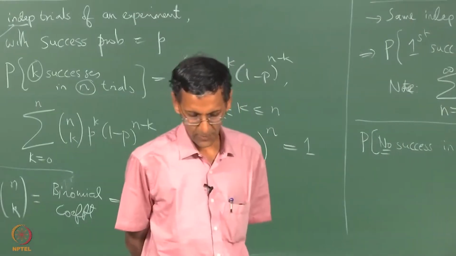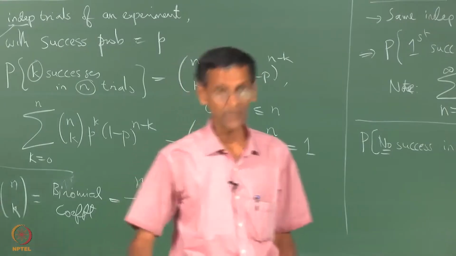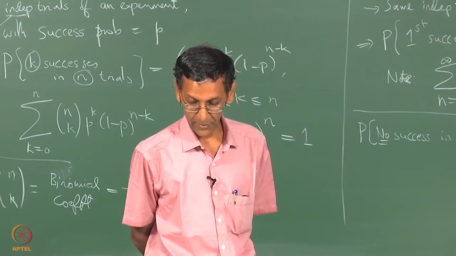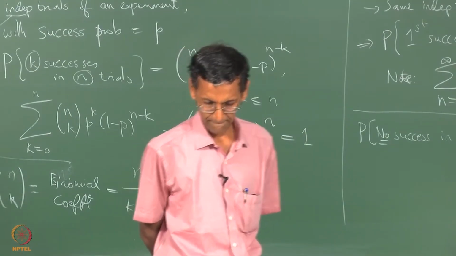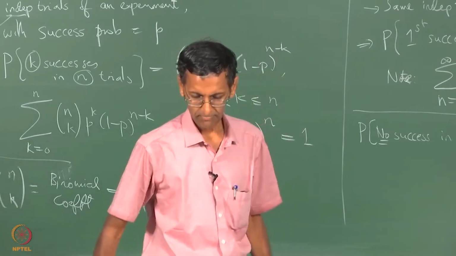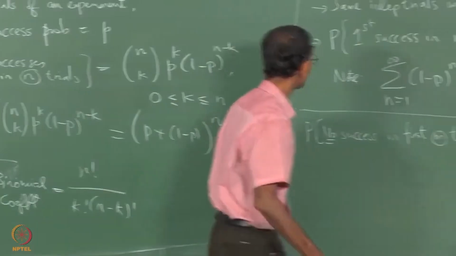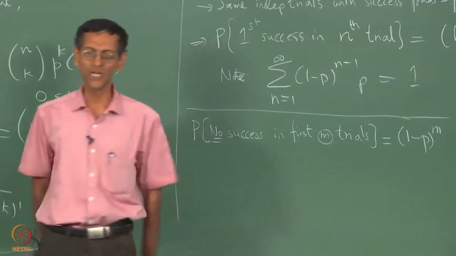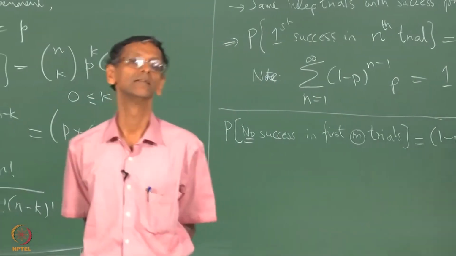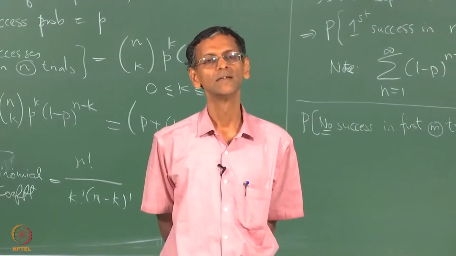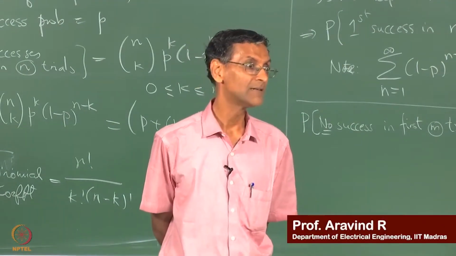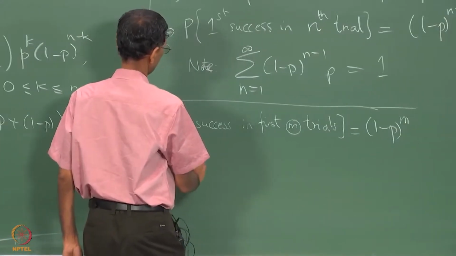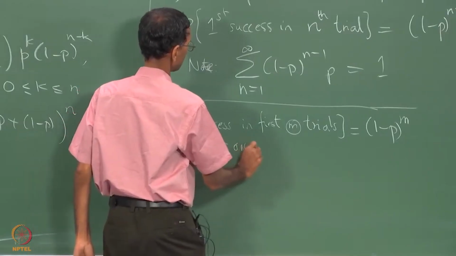The other nice thing about this geometric model is that it is memoryless. I am making sure that I do not miss saying this because it is a very important point. What do we mean by memoryless model? Okay, before that let me say one more thing. What is the complement of this event, no success in the first m trials? What is the complement of that, in words? At least one success. Let me just write that: at least one success